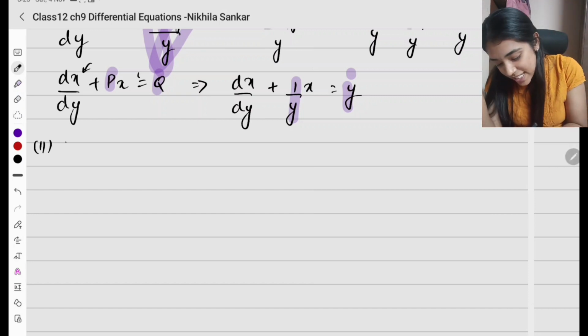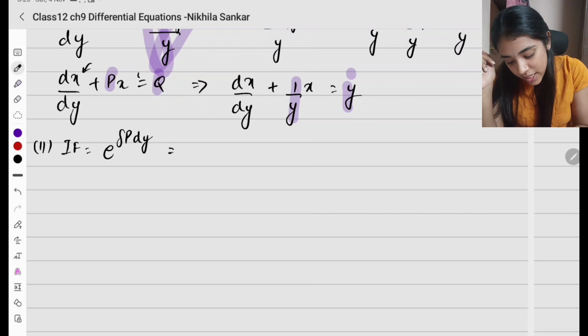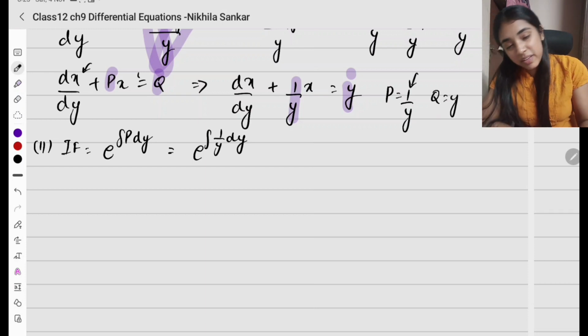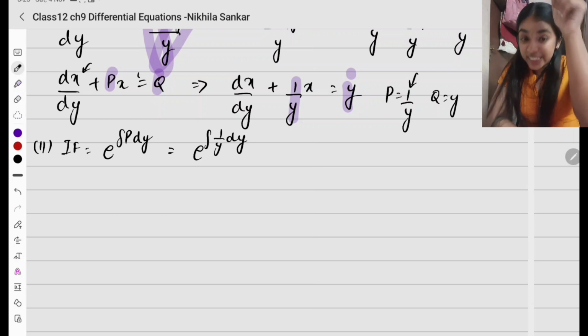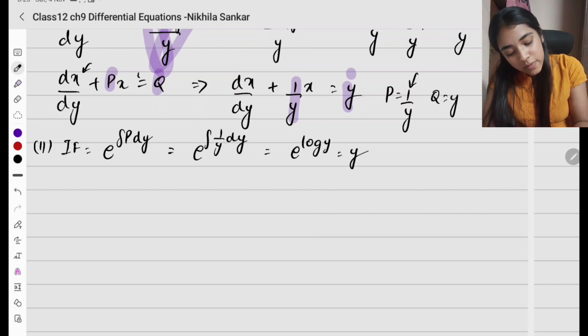Okay, second, integration factor e to the power p dy, not dx. Okay, equals e to the power of integral 1 by y dy. Just by looking at our p it will be clear: p equals 1 by y and q equals y. What is my p variable? It is going to be y. So it should be dy, the integration of the integration factor has to be in dy, you can see that. So integration of 1 by y is going to be e to the log y, which is going to be